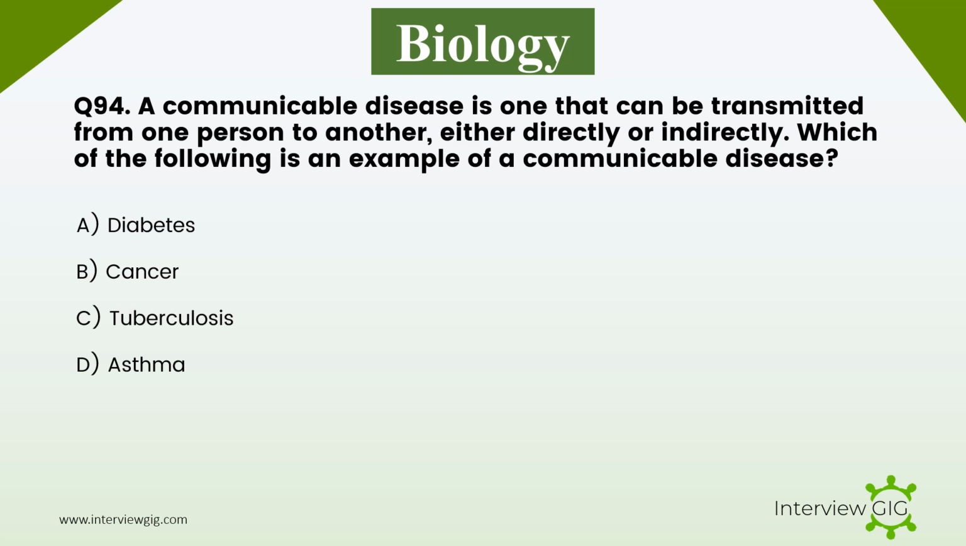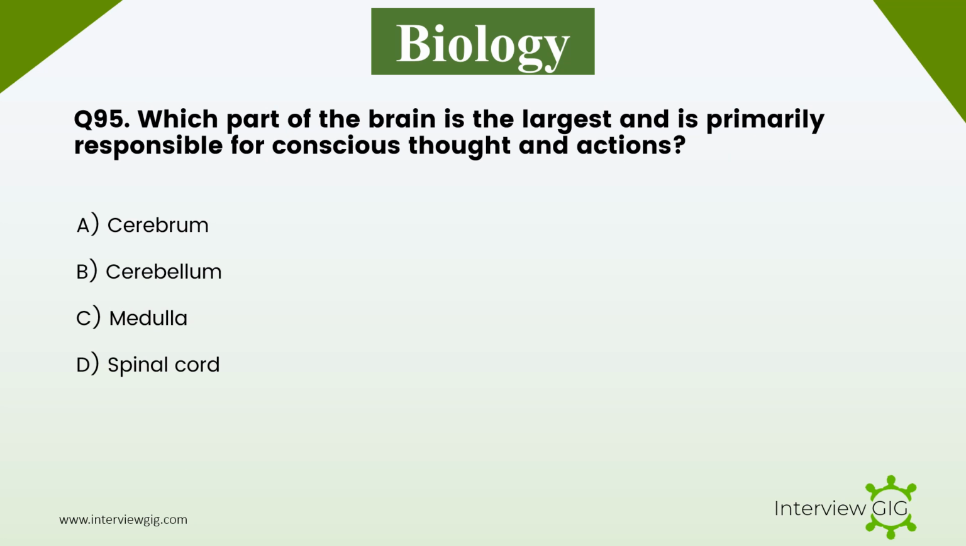Which of the following is an example of a communicable disease? A. Diabetes. B. Cancer. C. Tuberculosis. D. Asthma. Answer C. Tuberculosis. Next question. The cerebrum is the largest part of the human brain and is responsible for higher functions like